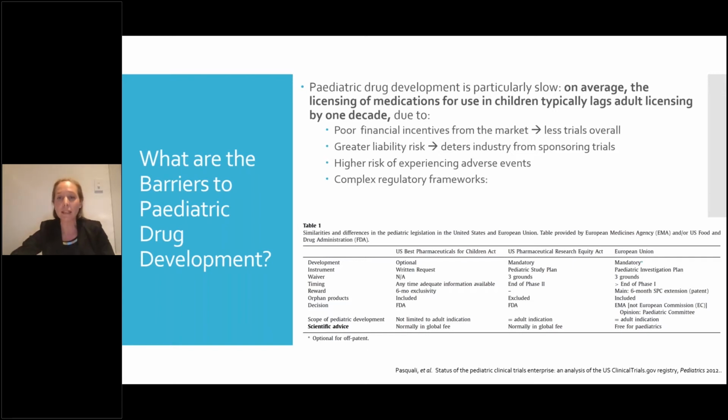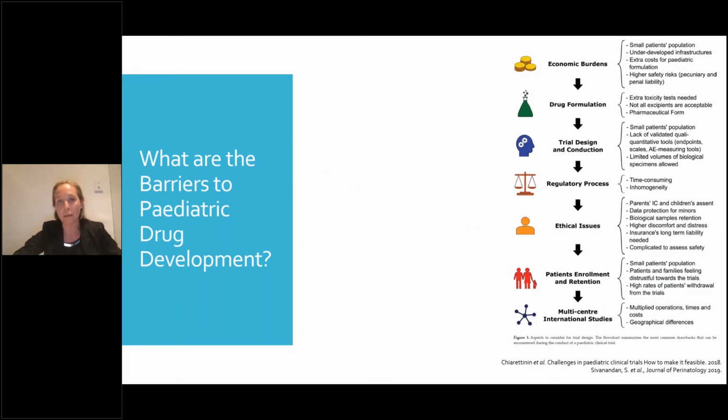And they might have quite divergent inclusion criteria or ethics requirements from the two continents. And that can really be a significant barrier to seeing the licensing of these medications in children, because of the resource and financial investment that is required to enable that to occur. And so there are really many steps in the paediatric drug development process that act as burdens to streamlining the process of paediatric drug development.